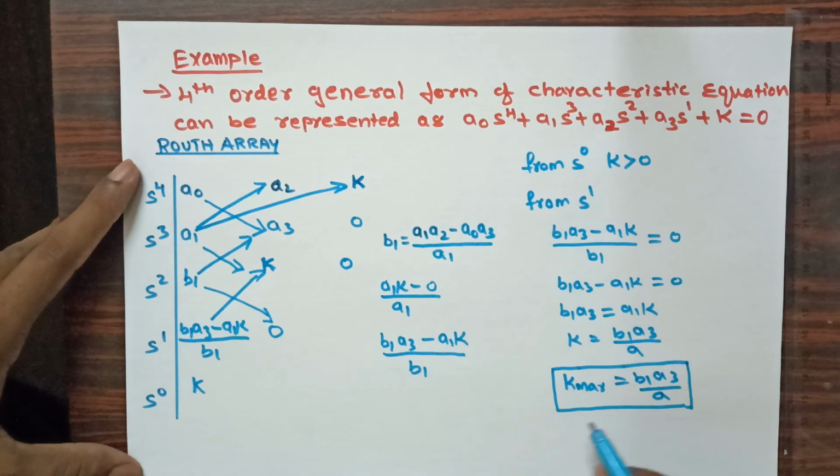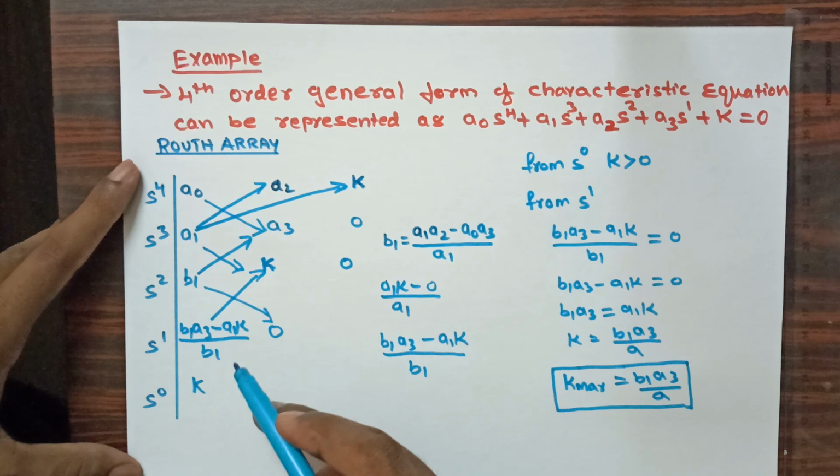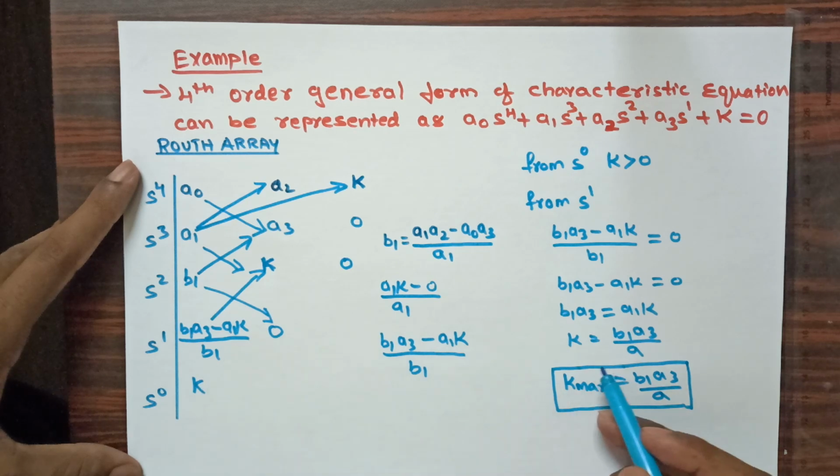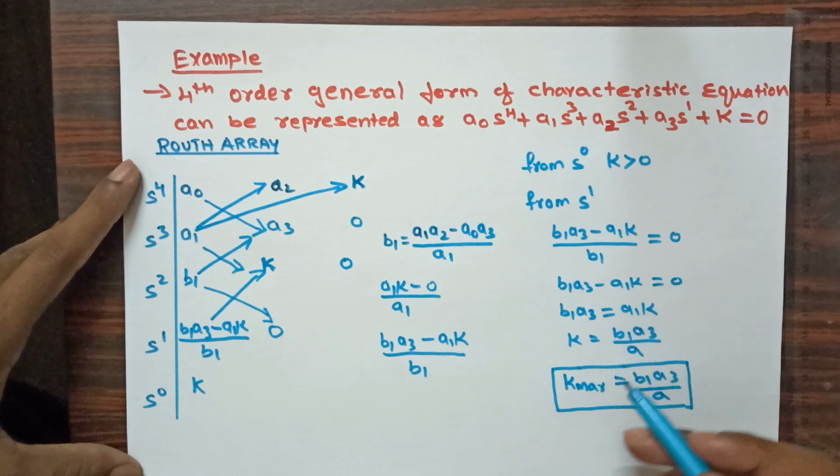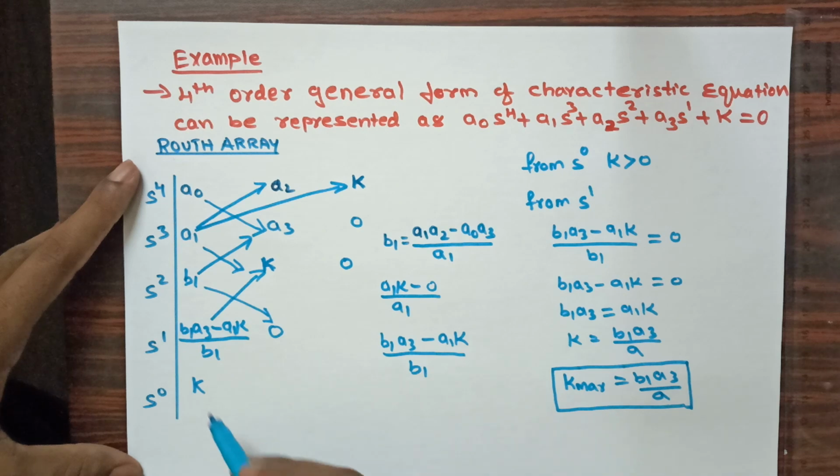Make a note, when we are finding the k margin, here I got only one k value. Sometimes in some problems you may get a quadratic equation. That means you may get 2 k values. At that time you should remember that two limits are going to be considered for the stability of the system. So now in this example I got only one k value. Therefore that k margin equivalent to this value we are going to consider.